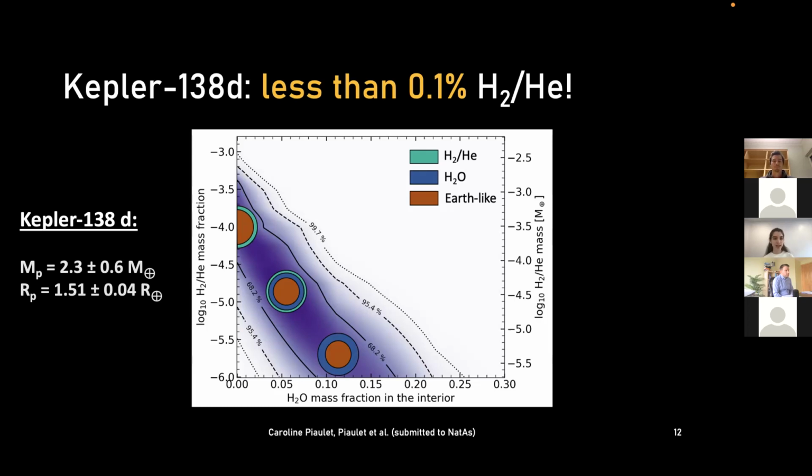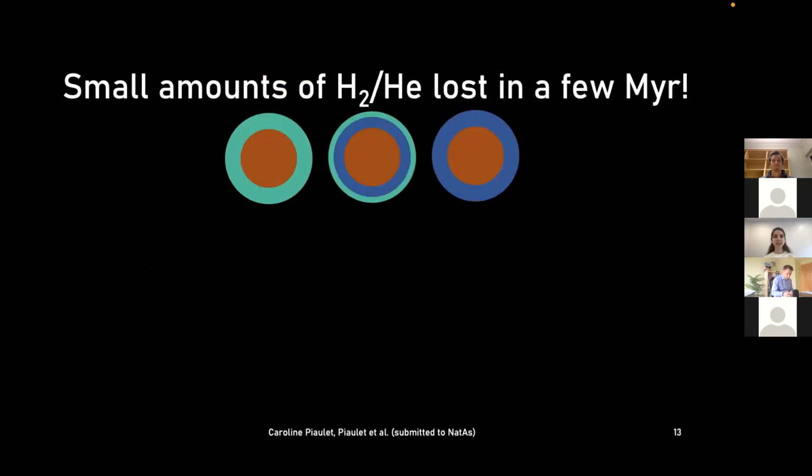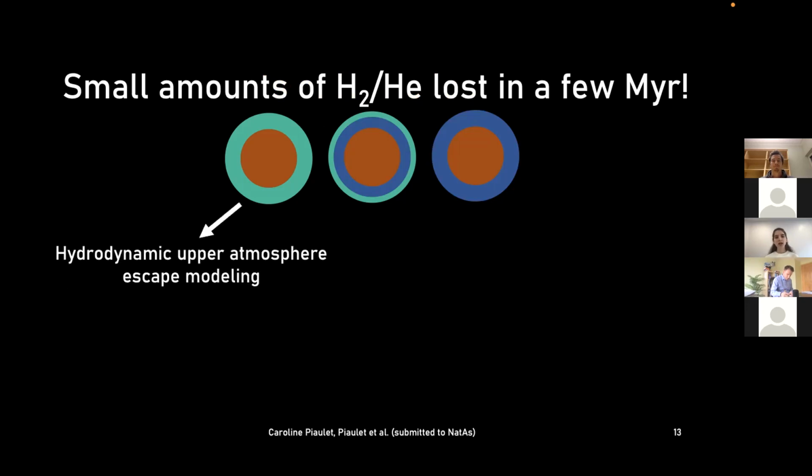So now, just based on the mass and radius, we can't tell these two scenarios apart. But because we have an idea of how much hydrogen or how much water there could be, we can look at the viability of each scenario, because we can already imagine that having a 0.01% hydrogen atmosphere hold on to a 2 Earth mass planet might be problematic from an atmospheric escape standpoint. So if we start with the hydrogen-rich atmosphere scenario, we used hydrodynamic models for the atmospheric escape of the upper atmosphere to estimate